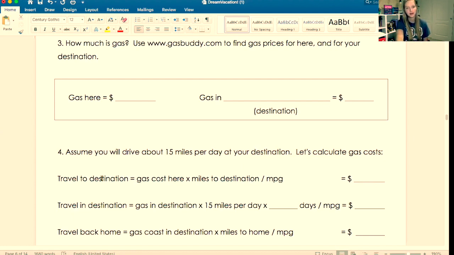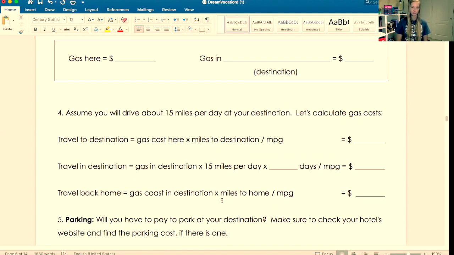Then while you're at the destination, you're going to take how much the gas is times 15 miles per day, because that's what we're assuming we're driving, times how many days. So how many days are you going? I'm going 5, 7, 10, and then putting that number here.